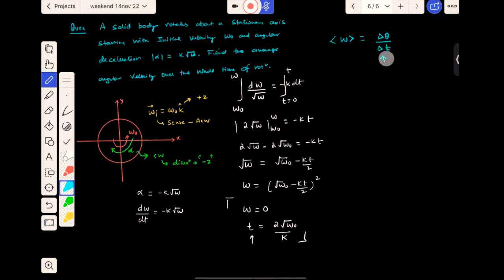Delta t we know it is 2 root omega naught by k. Now try to remember the graphs of motion from the earlier classes. So area under which thing was supposed to give us displacement? Area under the velocity versus time plot used to give us displacement. Similar here also, no? So I can write down